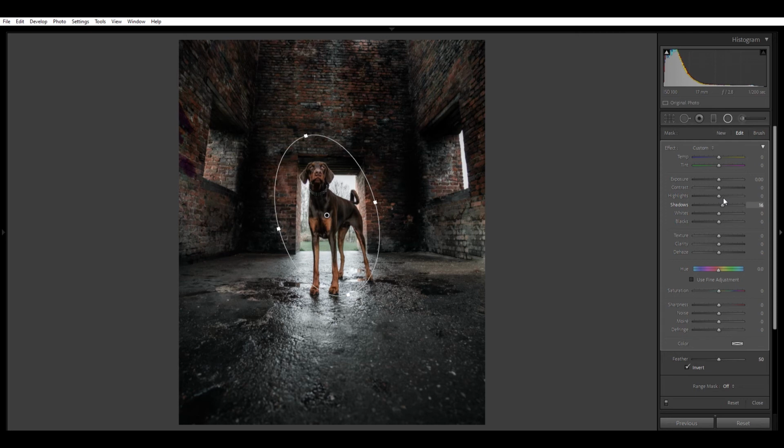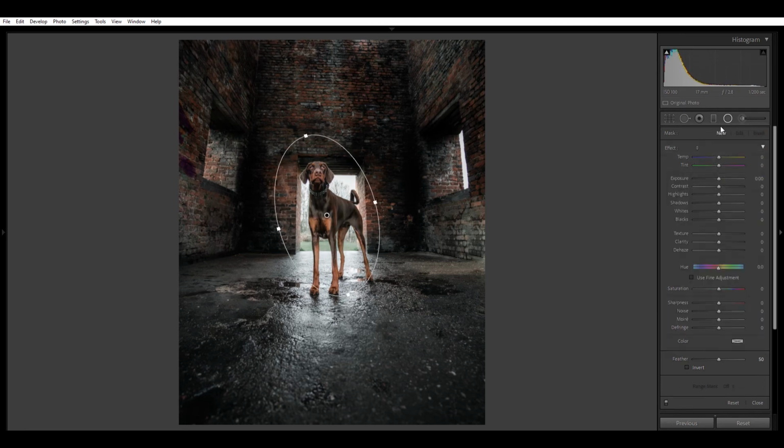Let's increase the shadows, maybe not quite that much, and a little bit, and then we're going to increase the exposure around there just to give Murphy a little bit of a glow. And then we're going to go new, and what I'm going to do this time is make this selection a